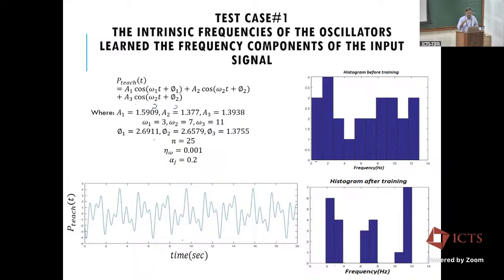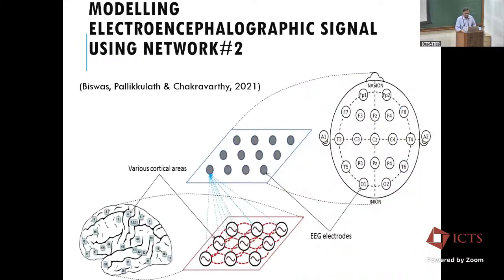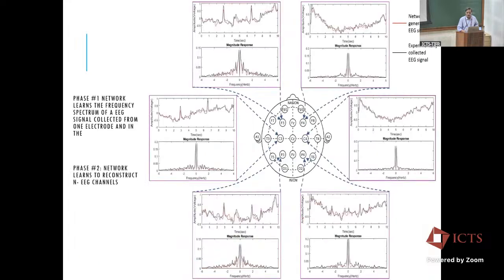After that, you train the lateral connections and forward connections, and you can see here you're training 2 signals, and I think red is the desired and blue is actual or something like that. So you see, it's a very good match. It learns very well. It is a toy problem. Let us look at a harder problem. Since we wanted this model to look like a real brain model, why not model brain signals like EEG, for example?